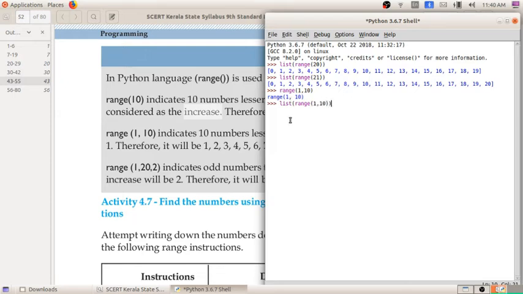Okay, list of range of 1, 10. When I click enter, you can see the value is starting from 1. The end value is 10, but it will not print 10; one number less than 10, that is 9. This much will be printed.